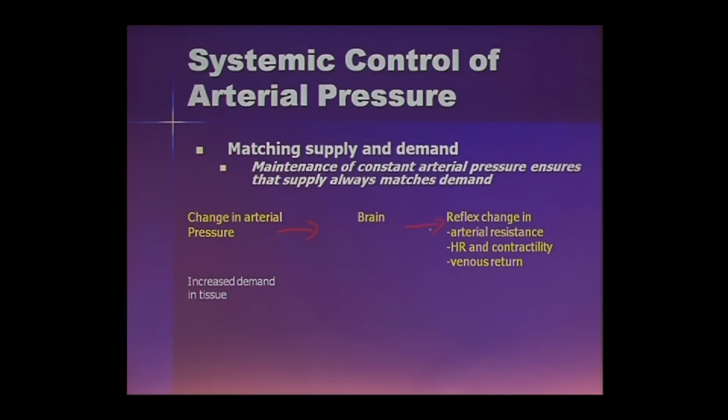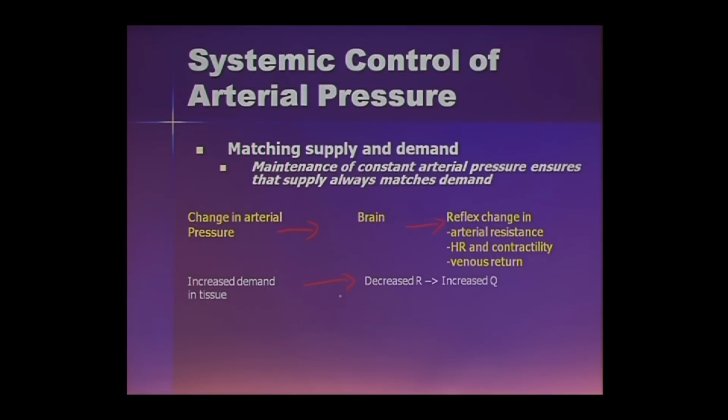Let's say one specific example. Increased demand in a particular tissue causes local metabolic mediators to cause vasodilation in particular arterioles. So some tissue draws more blood. You can appreciate that. That is going to decrease resistance and increase the flow in that particular tissue. That is going to decrease mean arterial pressure because all of a sudden resistance in a particular capillary bed dropped quite significantly, so that capillary bed draws much more blood than it used to draw. Does it make sense? Which drops mean arterial pressure.